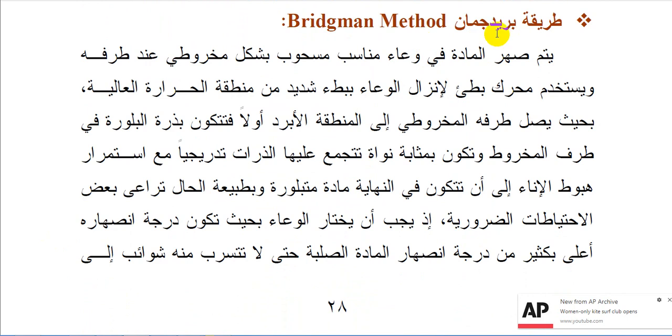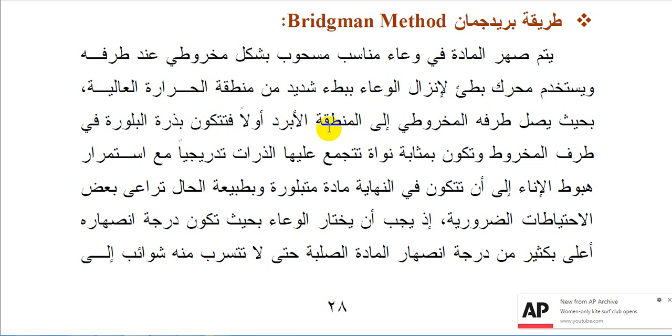Bridgman method طريقة بريغمان. يتم صهر المادة في وعاء مناسب مسحوب بشكل مخروطي. The item, or the mass, will be melted in an appropriate vessel, drawn conically at the side. مسحوب بشكل مخروطي عند طرفه. ويستخدم محرك بطيء, and a very slow engine is used to pull the vessel very slowly from the high temperature zone,